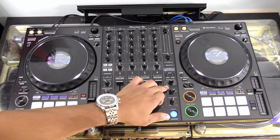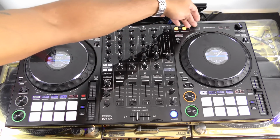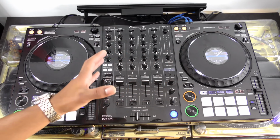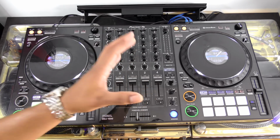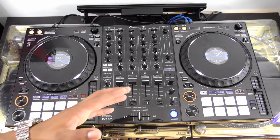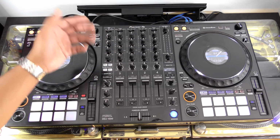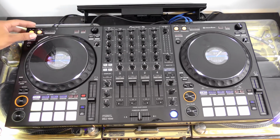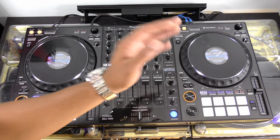This is one of the big pluses of this unit. You'll notice they took out the traditional 3 button and 3 knob effects at the top. I really like this move, because now you're playing on a style of gear that is really conducive to playing on real actual gear that you guys are going to find in most clubs and in most bar setups around the world. It's also a cool way that Pioneer was able to differentiate themselves from the Serato DJ controllers and the Traktor controllers out there by completely removing that top effects section and replacing it with different deck functions that's usually found on high-end Pioneer CDJ and XDJ